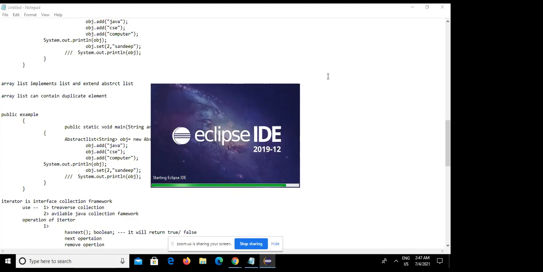Electrical. So you don't know public static void main also? Yes, sir, I know the basics of Java. You know constructor? Yes, sir. Constructor, destructor, and all that. I know. Copy constructor? No, that one I don't know, sir.